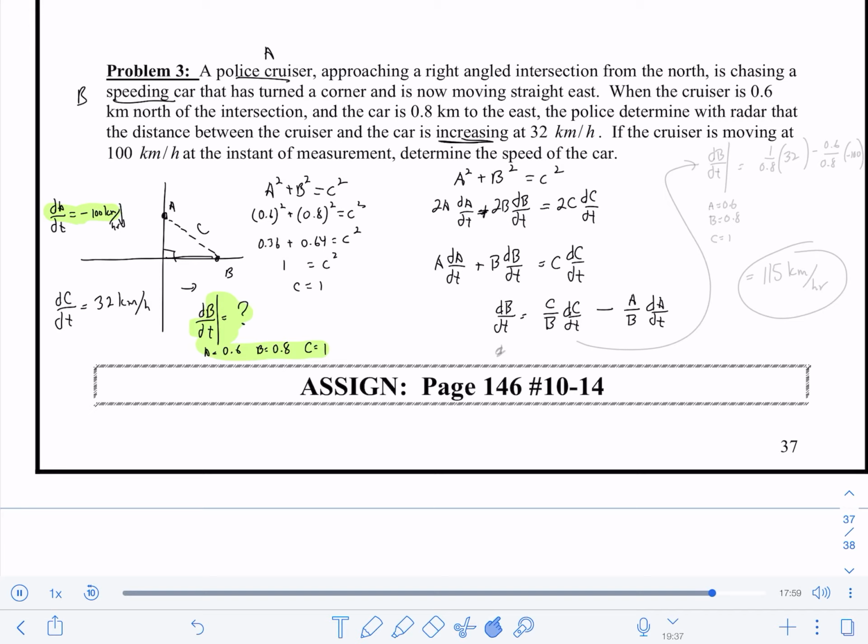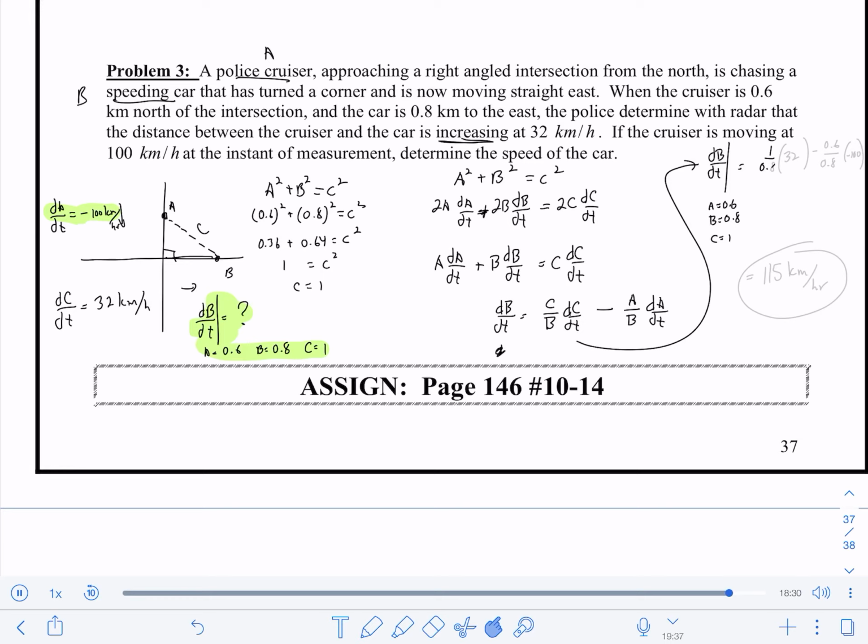And then finally what we're going to do is we're going to just plug everything in. So C over B. I think I'm out of room here, so I'll do it up here. dB/dt when A equals 0.6, B equals 0.8, and C equals 1 is going to be